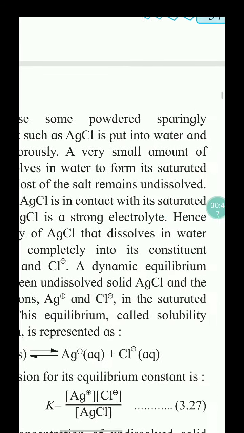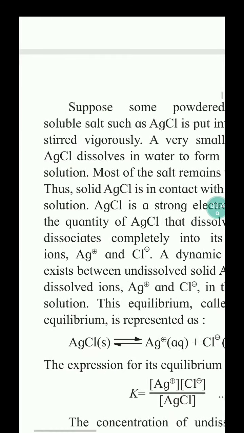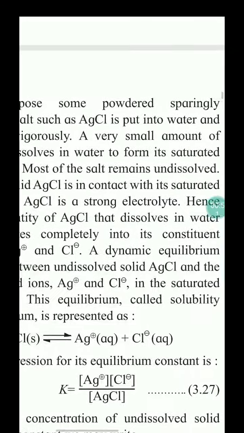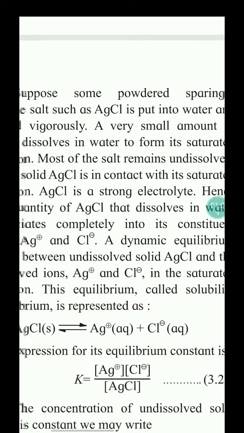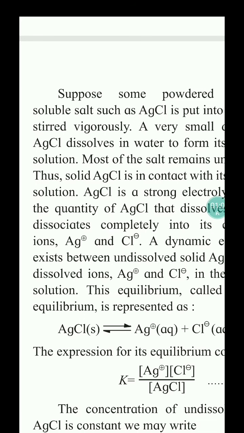Suppose some powder of the sparingly soluble salt AgCl is put into water and stirred vigorously. It is partly dissolved in water and most of the salt remains undissolved, that is in solid form, forming a turbidity, and that complete solution is called a